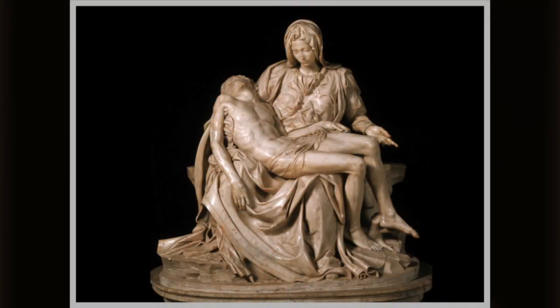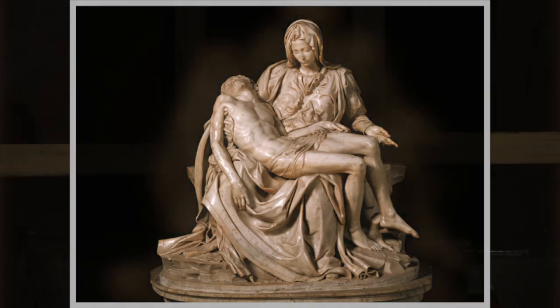So the other thing that's remarkable here is if you look at Jesus's body, look at that armpit. Do you see how that flesh has turned up because of the pressure of Mary's hand? That is so real. And the ribs in Jesus's body, and nobody had painted like this before because nobody really understood the human body. The reason Michelangelo, I already told Calvin the story, he could probably tell it back to you. The reason Michelangelo knew how to do that is because he would sneak into the basement of the,